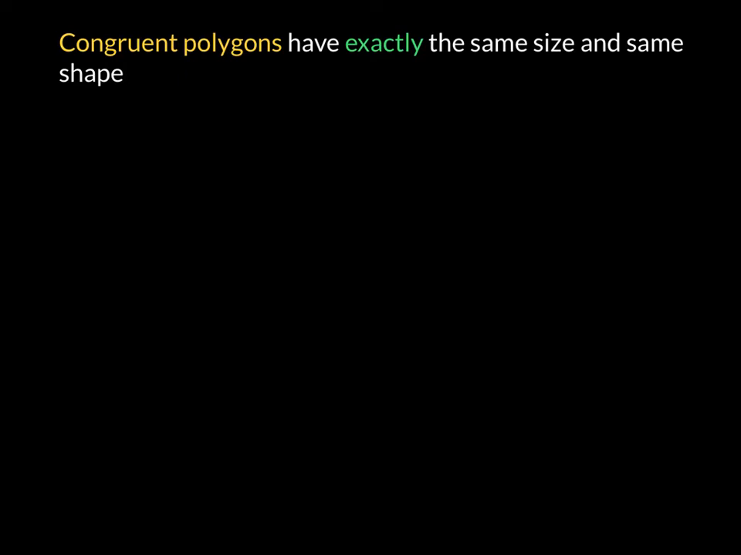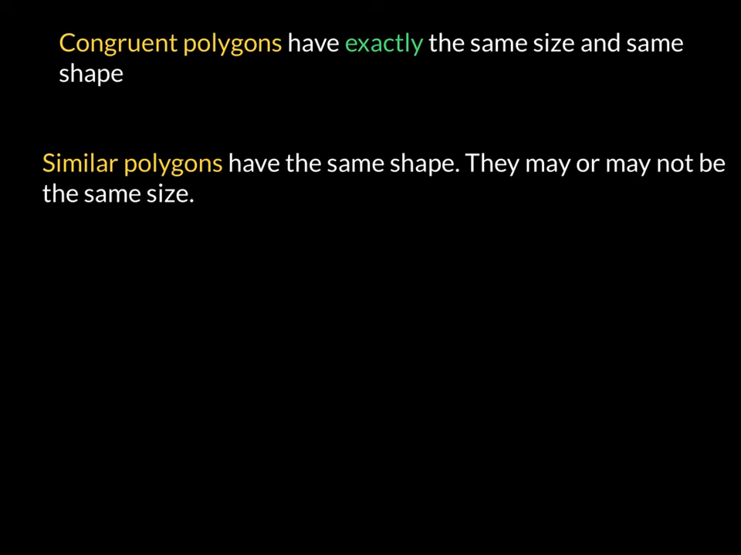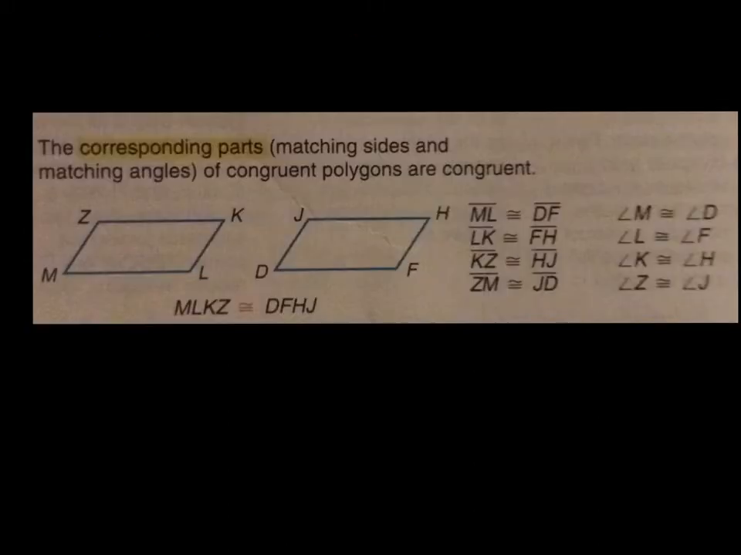Congruent polygons have exactly the same size and same shape. Similar polygons have the same shape, but they may or may not be the same size. If the corresponding parts, which are the matching sides and matching angles of polygons, are congruent,